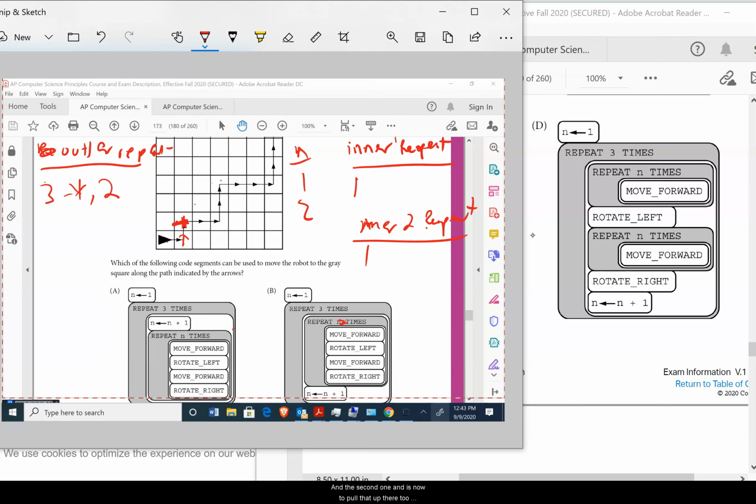And the second one, N is now 2. So we move forward 2, 1, 2, and then we turn, so that gives us there, we turn left, and then we move forward 1, 2, and we turn right, okay, and then N becomes 3, so that outer loop is done, and now we're on the third one. This was 2, now that's done, now we're on 3 here for both of them. So now we move forward 1, 2, 3, turn left, so now you're facing that way,